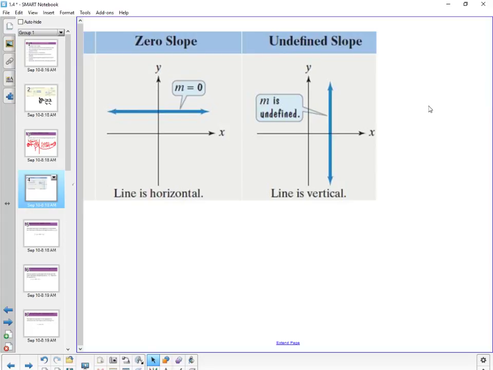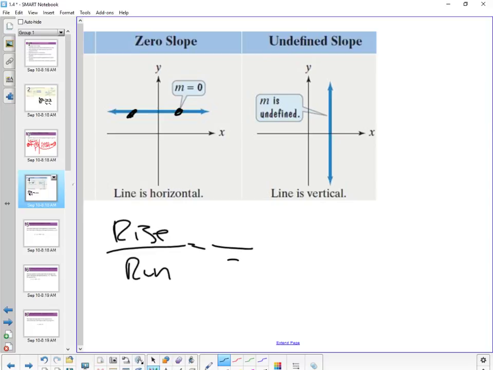The rise over run is weird. If you think about it in terms of rise over run, if I'm looking at this one, do I have run? Yes, I have run, right? So I could call this 3, 4, 5, whatever I want, because I do have run. I can pick any 2 points, but do I have rise? No, which means that this fraction turns out to be